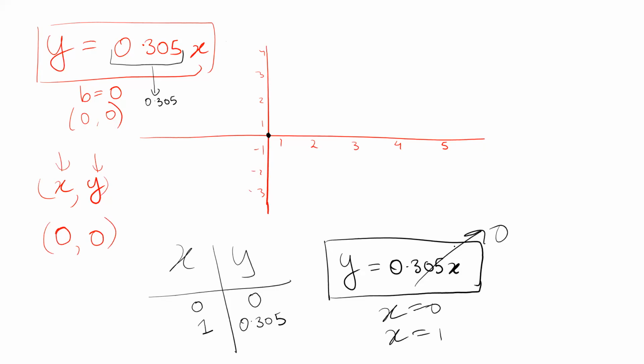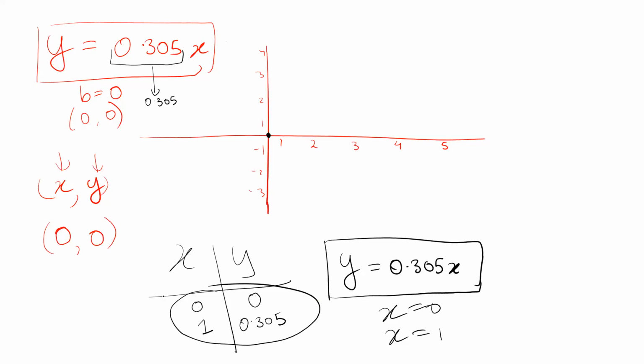It doesn't matter what you give. Any number times 1 gives back that same number. So it's very easy to do calculations because you don't have to take care of big numbers. So usually it's good to take x equals 0, x equals 1, find the values of y, and then plot